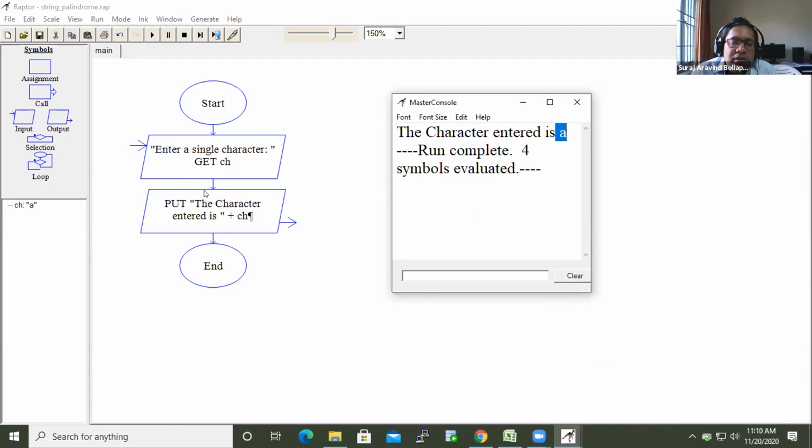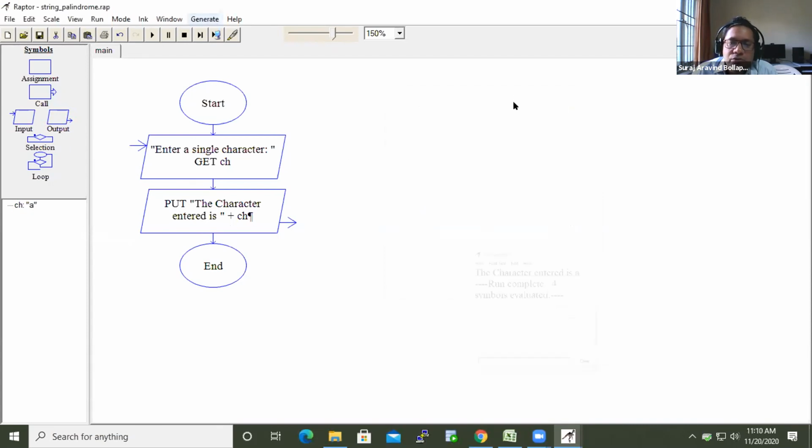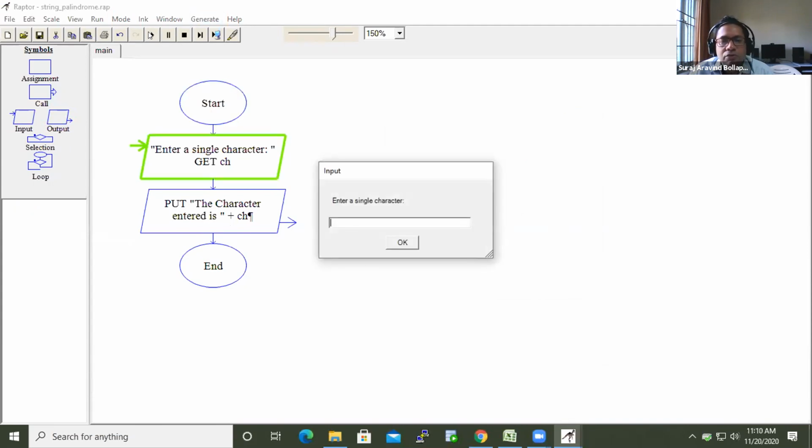If I take a number, the same flowchart, if I try to run it by giving a number, though the dialog box is asking to enter a single character, that is just a statement which I write. I can write whatever I want, but still I'm entering a number only.